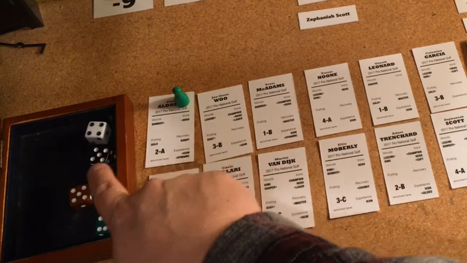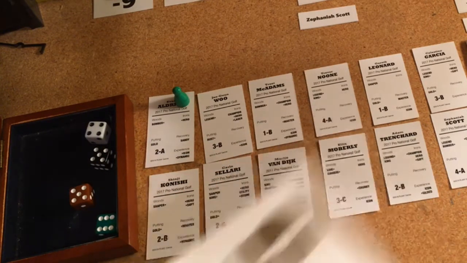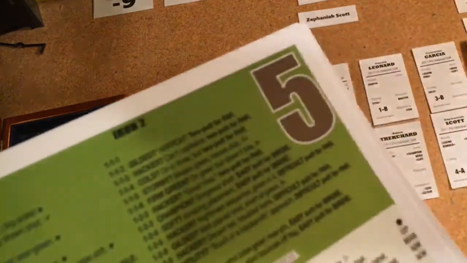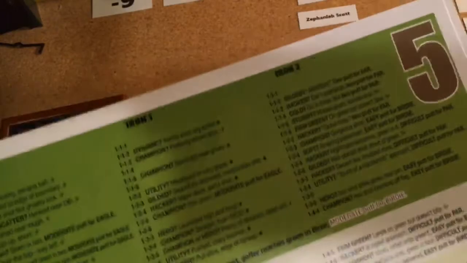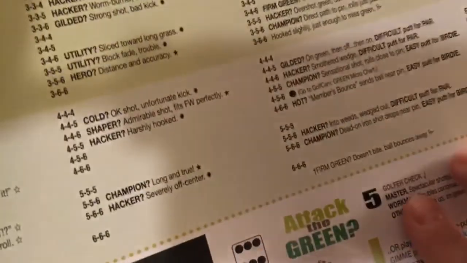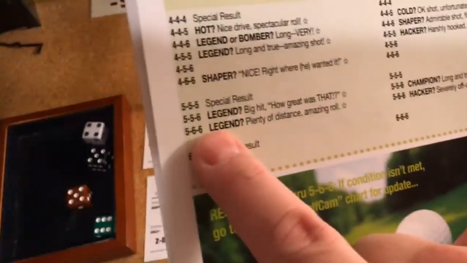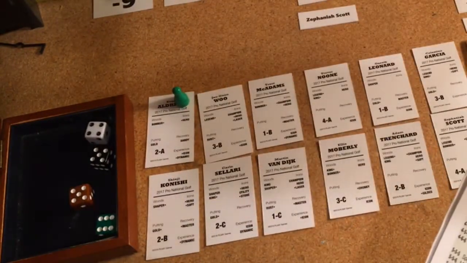And when we do that, we read the 3 other dice in consecutive order, and we go to the appropriate page for the hole, the par of the hole. So this is par 5. There's also one for par 3s and par 4s. So with 5, 5, 6, we come over here and we check, is this player with the woods, is he a legend? And if you look at Aldrich there,